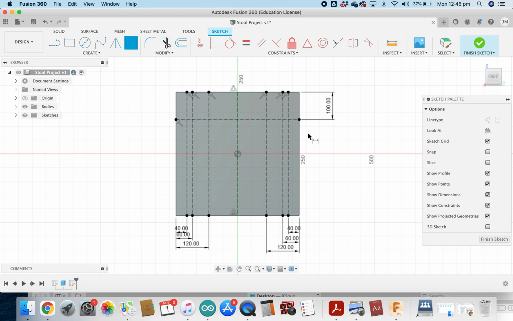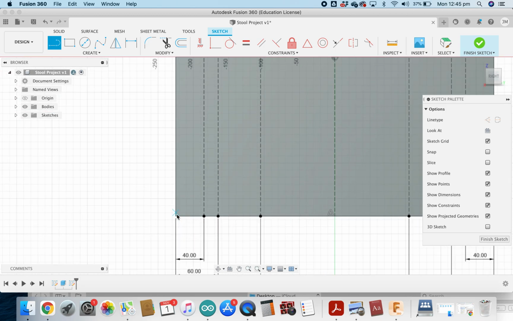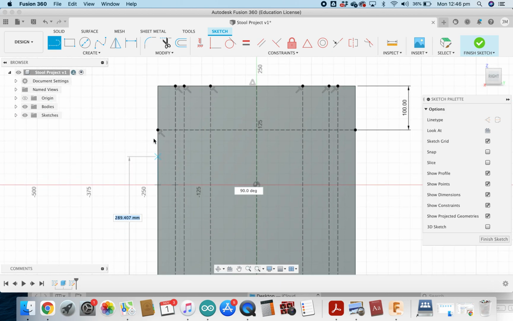What we need to do now is go back to the line tool. So I can press L for line, or I can select the line tool. Now sometimes, because the last lines we drew were construction lines, we want to make sure that these lines are not construction lines. So if you've got that construction tool line selected, turn that off, and what we'll be drawing now is solid lines. And these solid lines are going to start at the point down here. You need to make sure that you snap to your points so that you get the right ones. And we're going to come across to the top here,